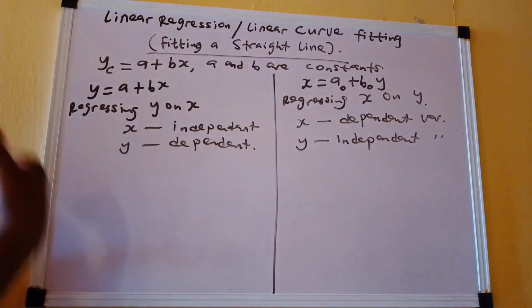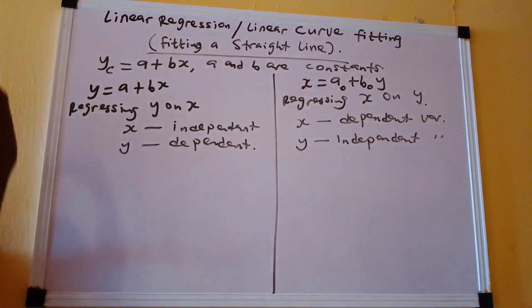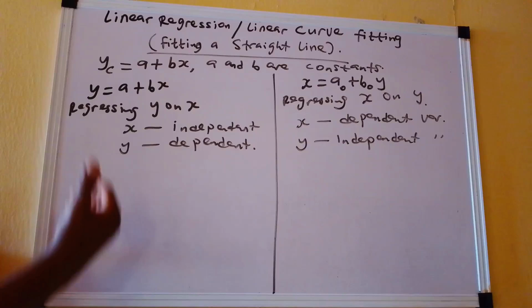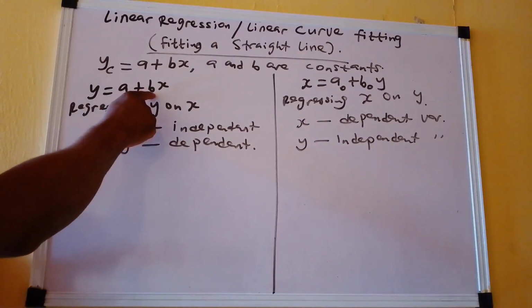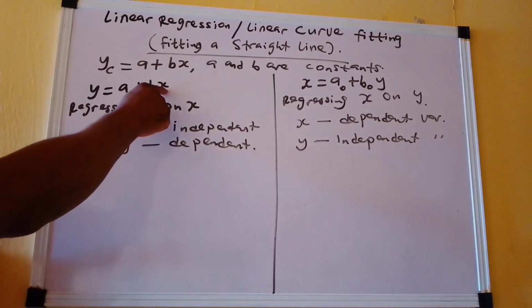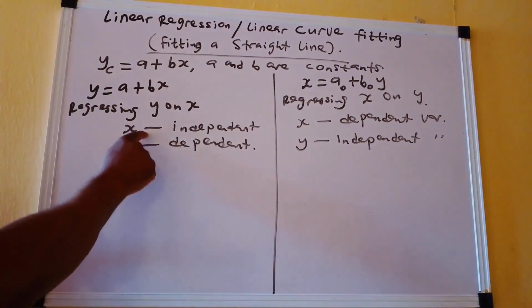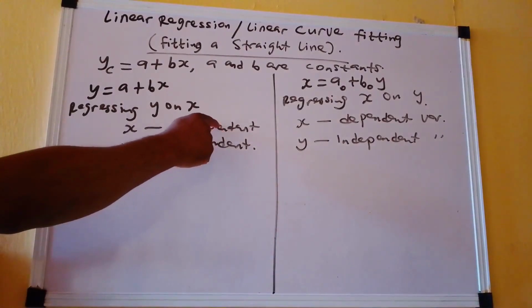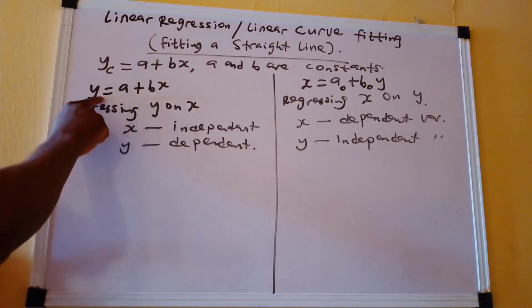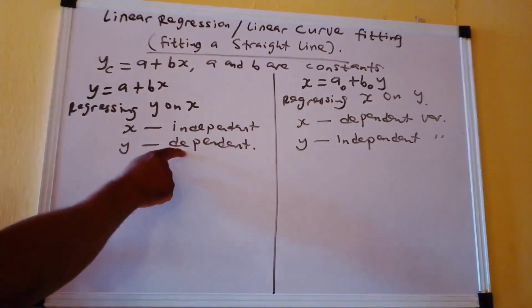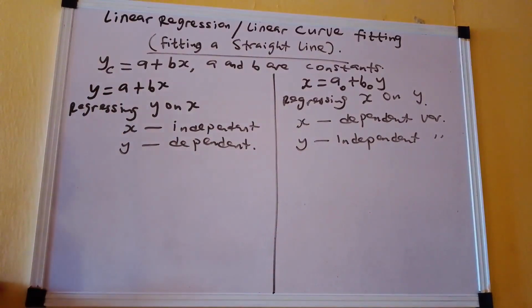It determines the nature of the relationship, whether the relationship is going to be positive or negative. So b here is the slope, and the variable multiplying the slope is the independent variable. So x is our independent variable, and here y is the dependent variable, the variable on the left hand side